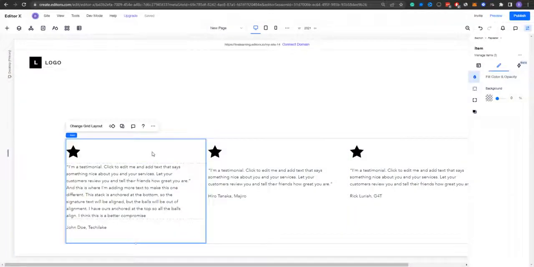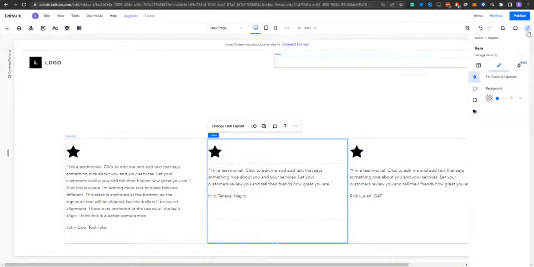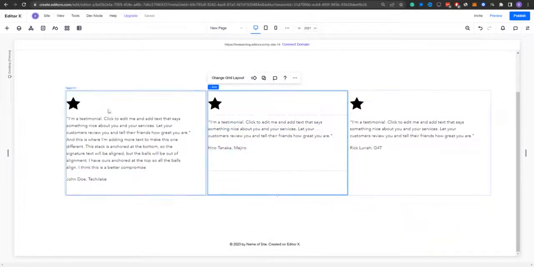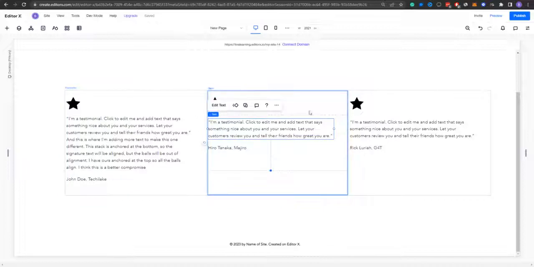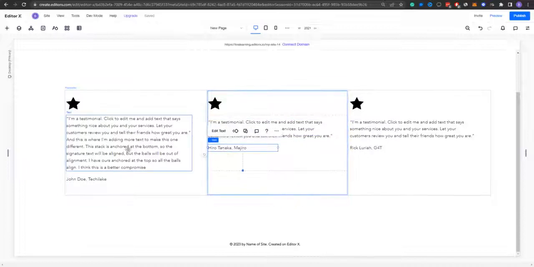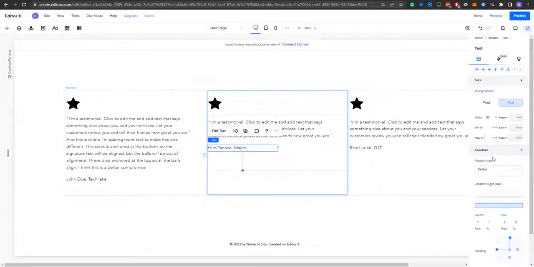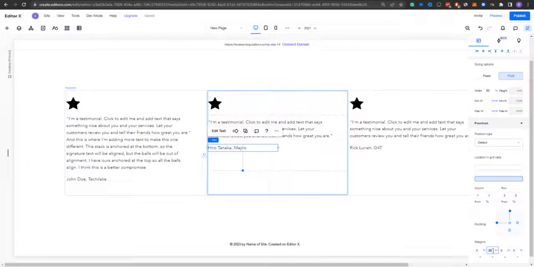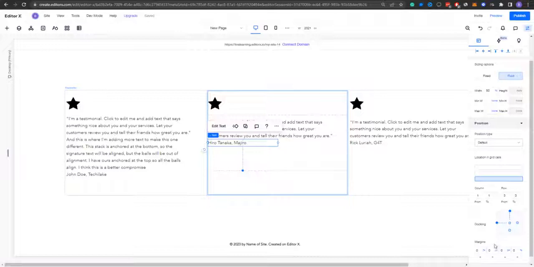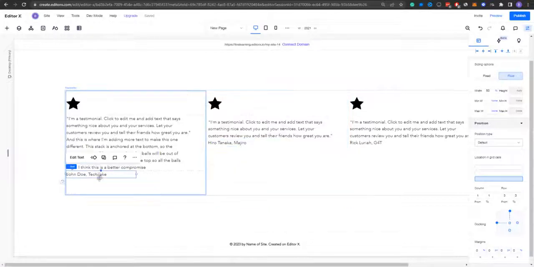Okay, so next I'm also going to take away the background color here. So this is pretty much how we're going to have essentially a repeater. Everything is going to stay the same height and or width. Now what I do need to do with these other names is put these down into the third row here. And I need to also reduce or move the actual,